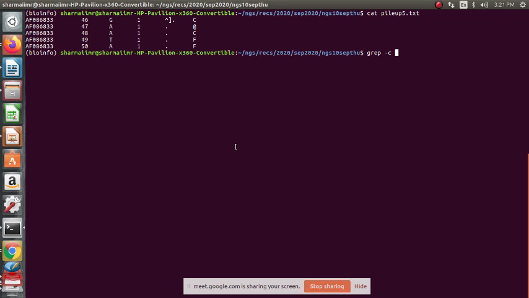We have 5 AF 086833. If we check AF star in the pileup, we should get 5, and we are getting 5. So for this global regular expression pattern, qualifier c is for count, AF is the pattern we are searching for. Basically the p is for pattern, so the regular expression searches for patterns in the files.